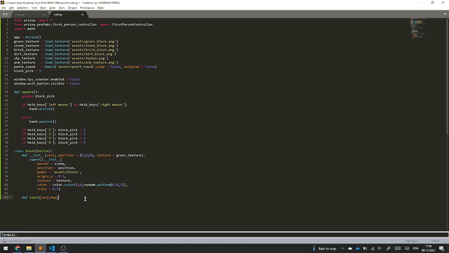So in this define input, I'm going to put if self hovered, if key double equals left mouse down,